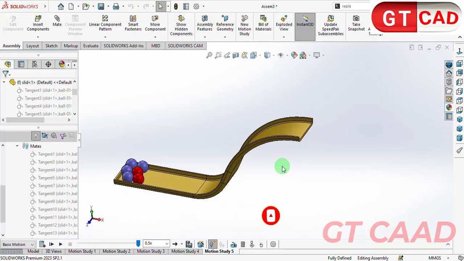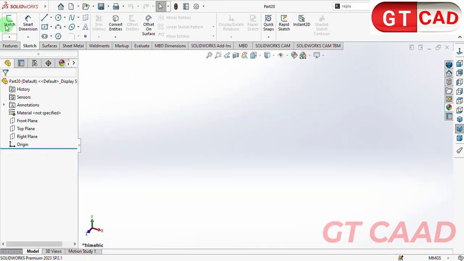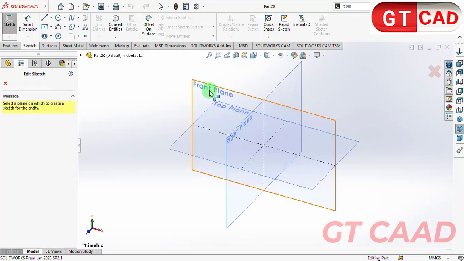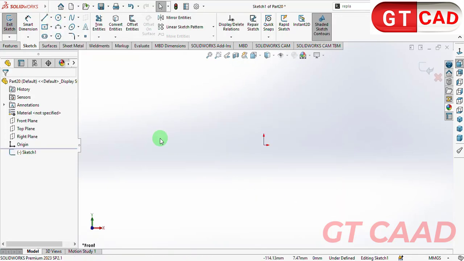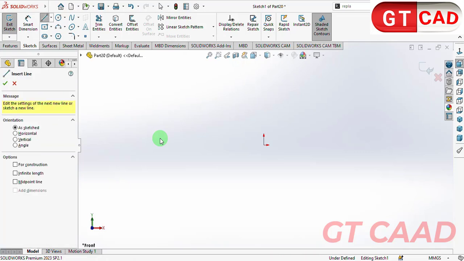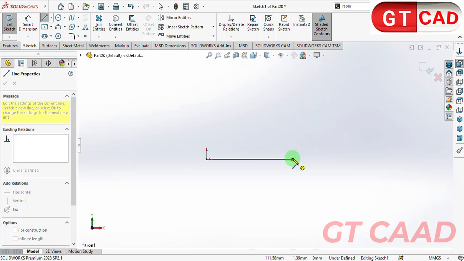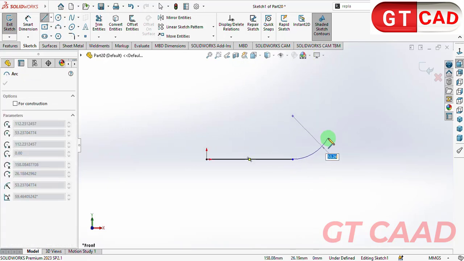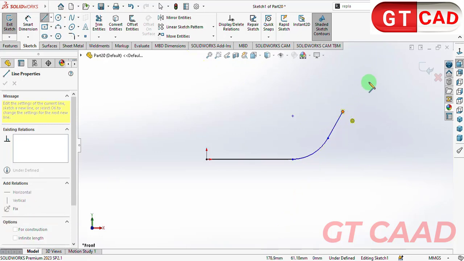Okay, press Ctrl N, create a new part. Here, create a 2D sketch on the front plane. Use a line, you can press the L key. Choose the line and start with the horizontal line. After that, we have the curve. When you go back to the end point of this line, it changes into a curve. After that, we have the straight line. And the last one, we have the curve